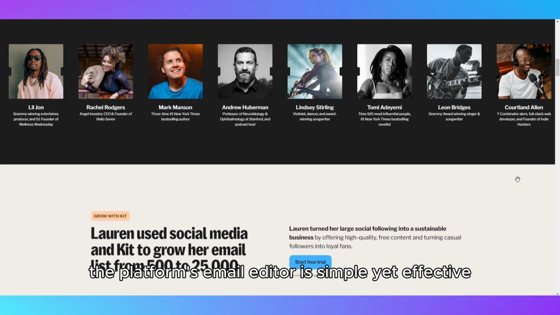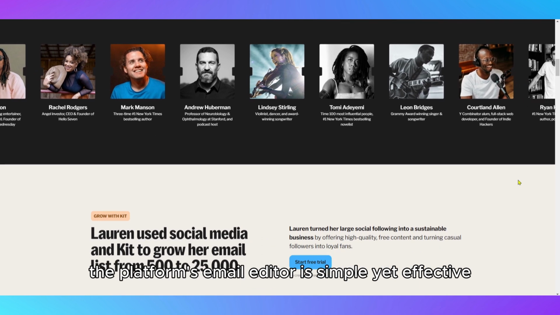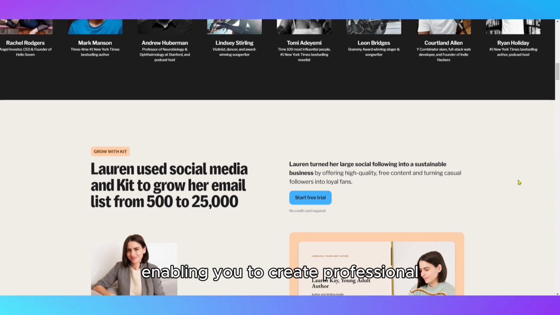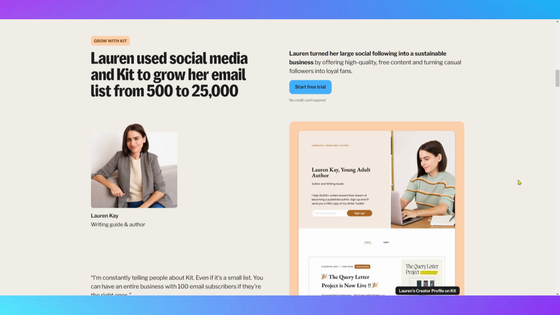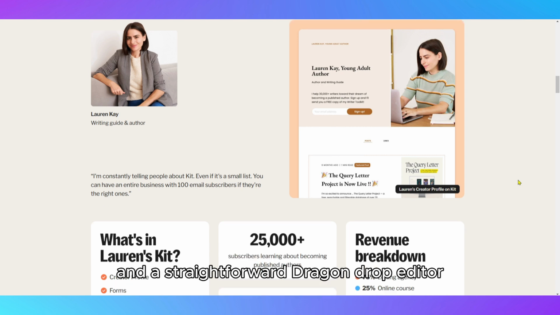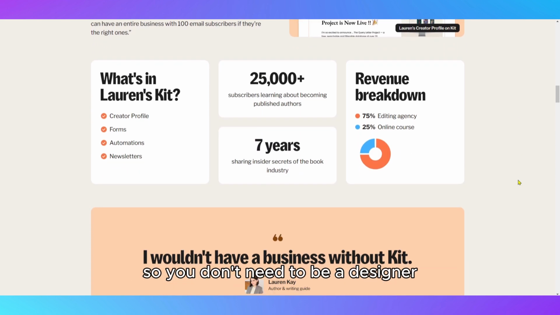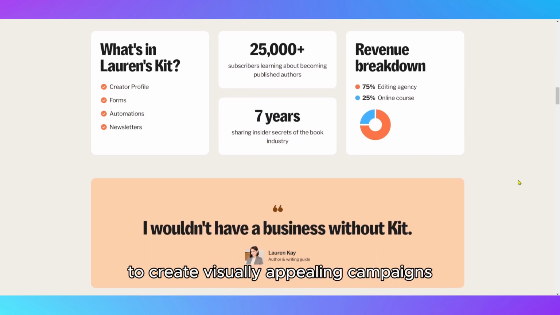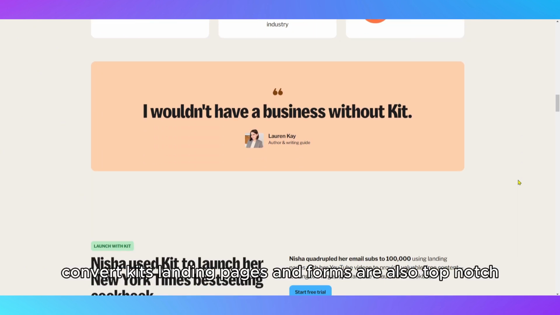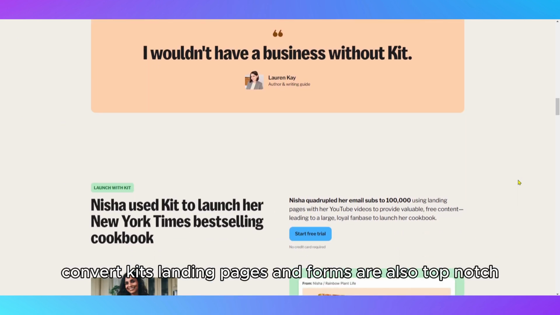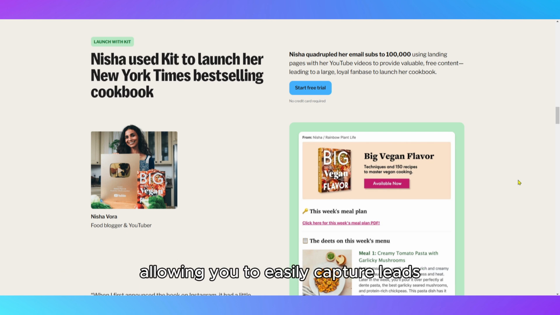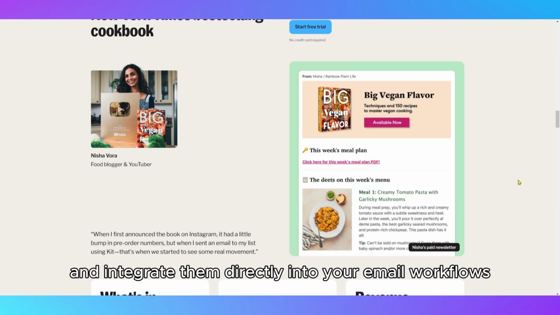The platform's email editor is simple yet effective, enabling you to create professional-looking emails with ease. It offers customizable templates and a straightforward drag-and-drop editor, so you don't need to be a designer to create visually appealing campaigns. ConvertKit's landing pages and forms are also top-notch, allowing you to easily capture leads and integrate them directly